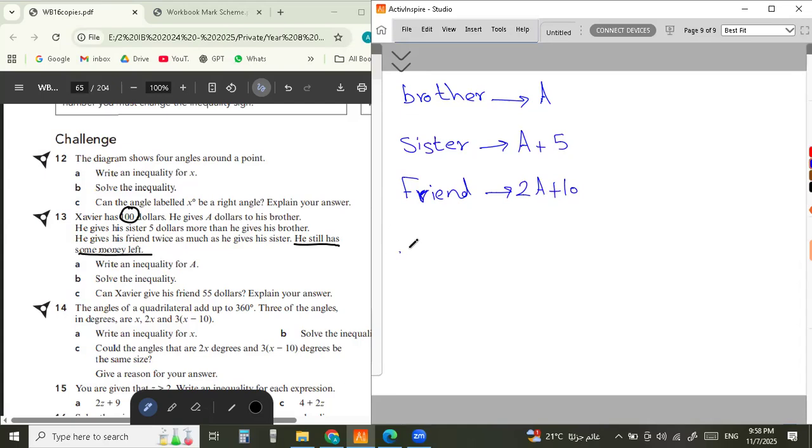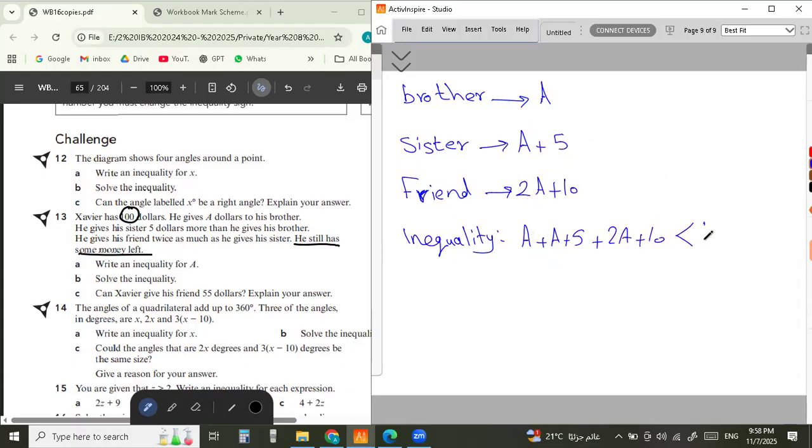This means that definitely all of them together, A and A plus 5 and 2A plus 10, is definitely less than $100, because they told you that he still has money. So after giving all of them, he still has money from the $100. So definitely the three of them are less than $100. So I'm going to write the inequality: A plus A plus 5 plus 2A plus 10